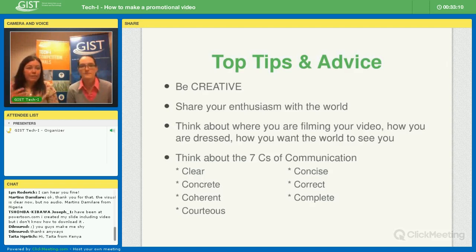If Jenny and I were sitting in here and we had really bad lighting and you couldn't really see our faces, that would make it difficult for you to connect with us and learn about this competition, or at least stay engaged. So think about the physical location of where you are. Think about how you're presenting yourself, what you're wearing, and really try to make your best impression.